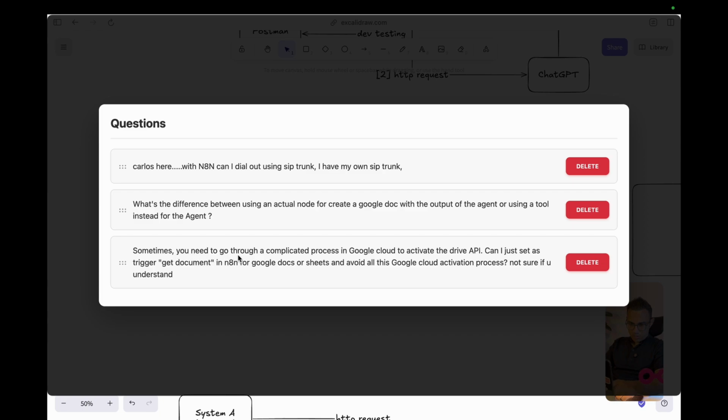Okay, sometimes you need to go through a complicated process in Google Cloud to activate the Drive API. Can I just set as a trigger get document in n8n Google Docs to avoid all the Google Cloud activation process? No, I understand your question.